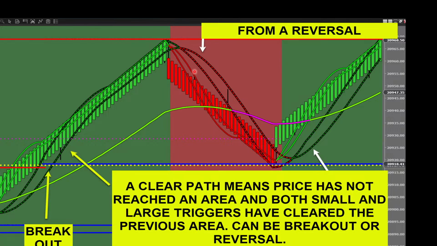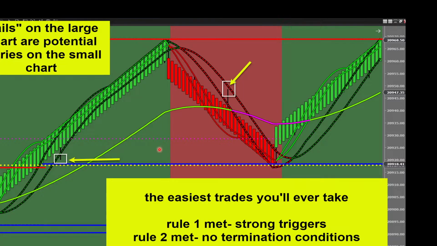Guys, this is your clear path, and that path remains clear until the next area, and that's going to come from a reversal. So you'll either get it from an area breaking, Fibonacci breaking, or from Fibonacci holding and reversing, guys. Once you have the clear path, if you're coupling it with momentum, this is the easiest trade you'll ever take. This is the easiest money you'll ever make, because with strong triggers and absolutely nothing in the way,